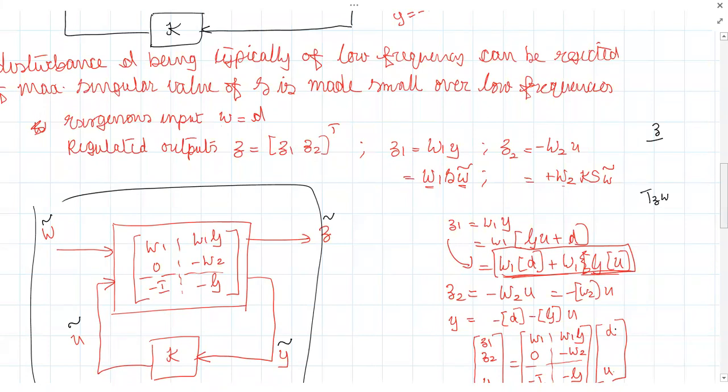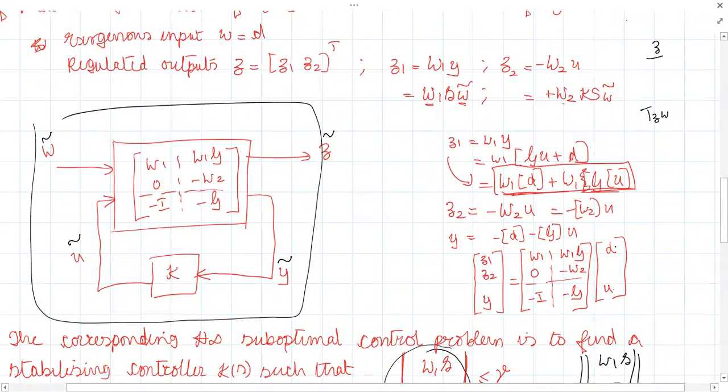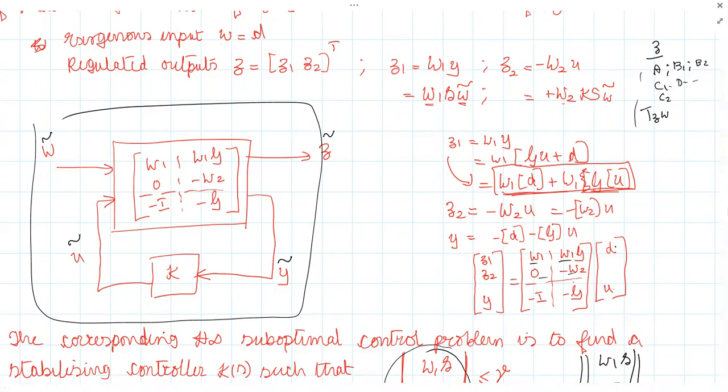KS. Yes, I got your question, but you cannot do it by hand actually. You have to do it with MATLAB only. You have to formulate it. In the one MATLAB example we did, there we had identified the plant: A, B1, B2, C1, C2, D11, and so on. Do you remember that? Yes, sir. So like that, we have to identify these submatrices, and then you have to go for MATLAB simulation only. You cannot do it by hand. That's not possible. Okay, sir.